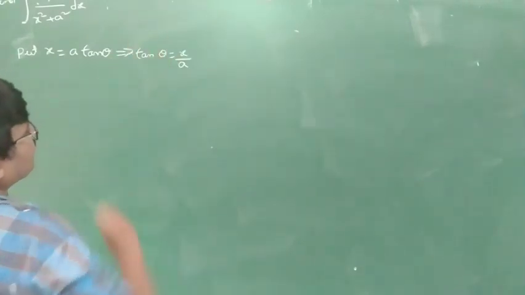First, a square minus b square, okay, the formula is there, a square plus b into a minus b. Here a square plus b square, there is no formula, so that's why put x is equal to a tan theta. Very important one here, plus on both sides, a square plus b square. Put x is equal to a tan theta. So that implies tan theta is equal to x by a.